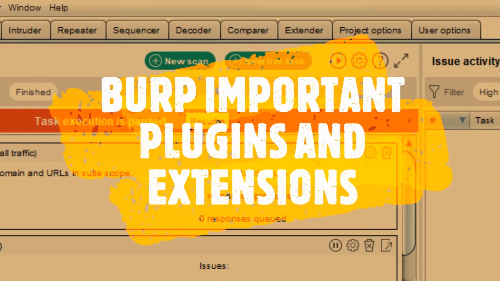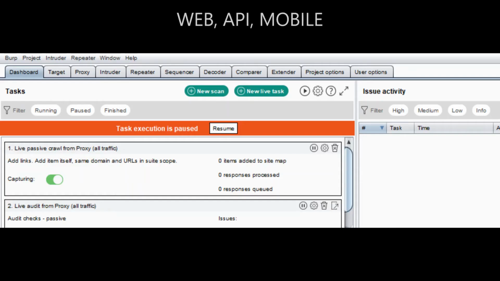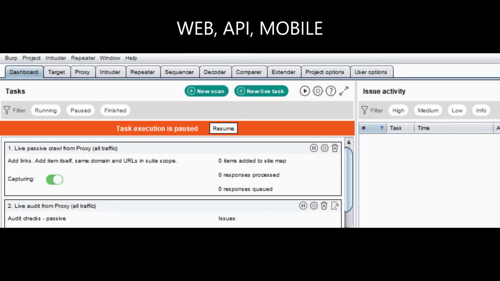Hi guys, so today we're going through the Burp extensions that are most important and specific according to what you are performing application testing on. So we all know there are multiple extensions and it can be confusing at times. So I'm going basically through the most important and the regular ones used. And I will also go through certain API important extensions, because in case you're dealing with mobile interjections as well as